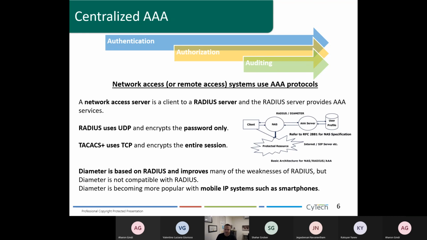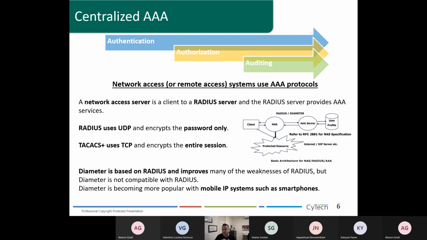So for that one, if we want to do centralized authentication, a centralized server or centralized technology for authentication and authorization, we can use the Radius server. Radius can provide the AAA service, but it uses UDP, which makes it less secure, and it will encrypt the password only. If you want to move upscale, to a much smarter technology,